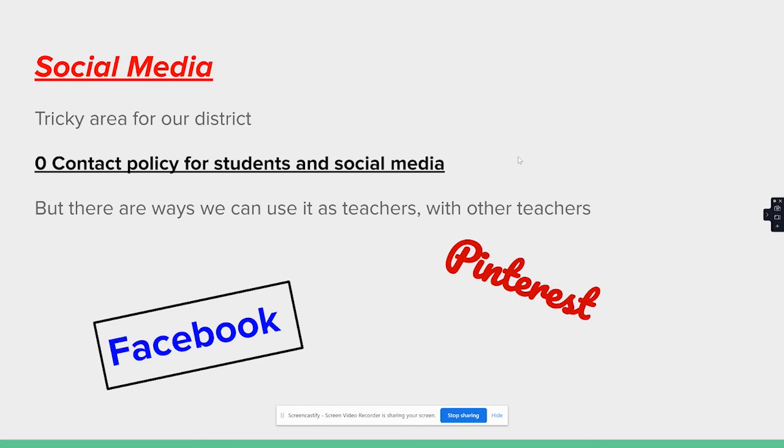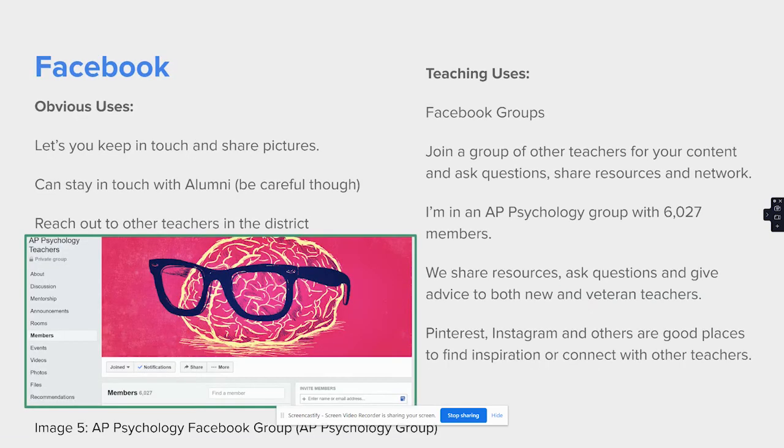Now the big kind of scary thing to everybody, which is social media. For our district, it's pretty obvious that we have a zero contact policy for students and social media, but there are ways that we can use it as teachers without just having to be friends with our students. So obvious uses is it lets you keep in touch and share pictures. That's great. You can keep in touch with alumni, but even then you might want to be a little cautious. And you can reach out to other teachers in the district that you might not know their phone number or things like that. Of course, you can always use district email, but